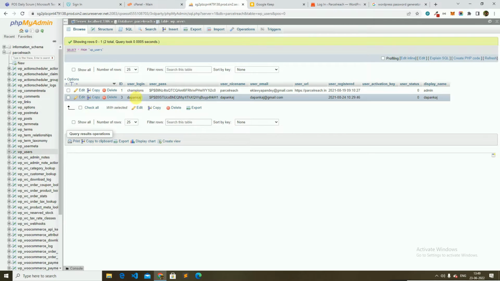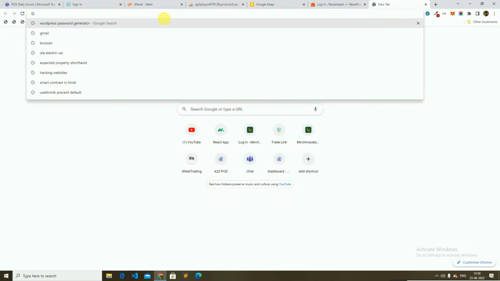Champions and DA Pankaj. This is the nickname and this is the password. Now we can't decrypt this password, right? So we have to create another password. For that you have to generate a new password, and we will generate a new password. Just type in Google